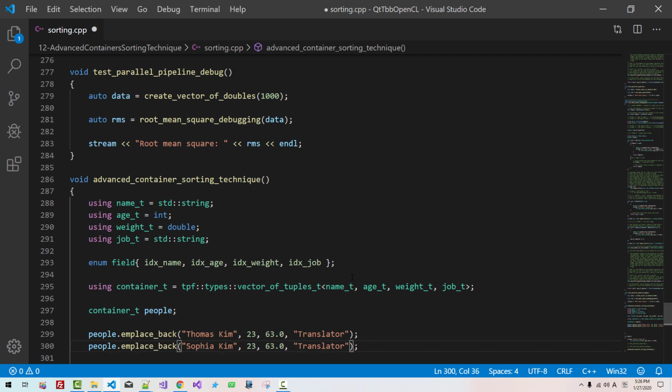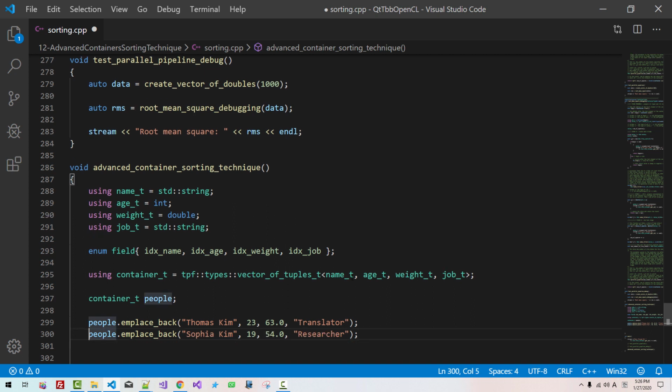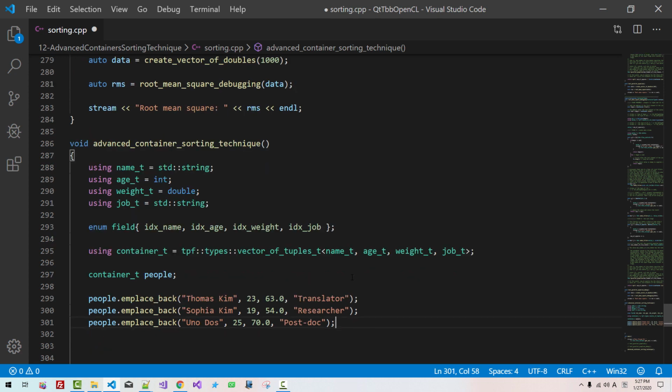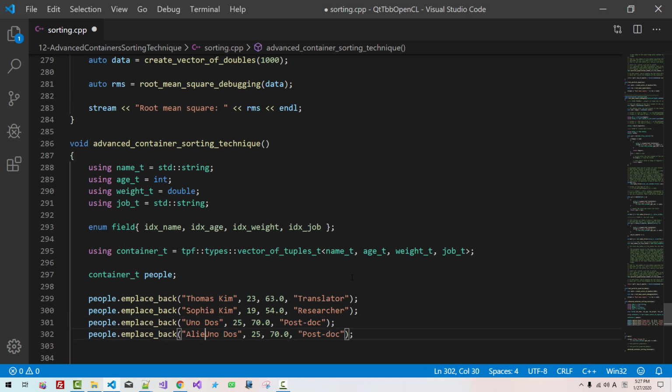Sophia Kim, 19, weight 64, researcher. I will insert one more. Uno Dos, age 25, 70 kilograms, student. I say postdoc. I will put one more person. Alice Lee, 24, 55,